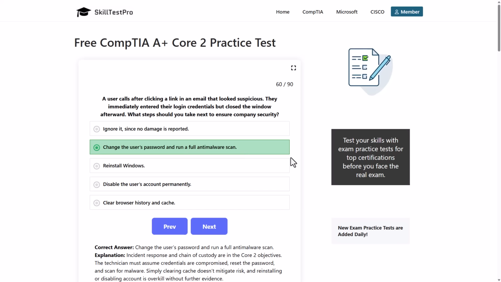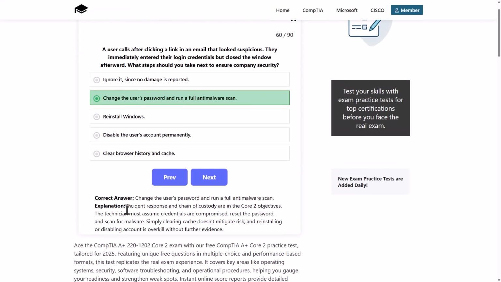to see where this page came from, as well as make sure that the user's credentials haven't been shared, or if they have been shared, they are now changed, and whoever got them wouldn't be able to attack our system or log in as that particular user. As you see, incident response and chain of custody are in the Core 2 objectives, and